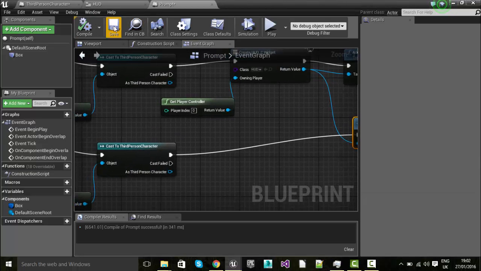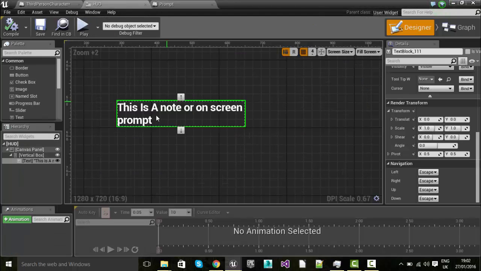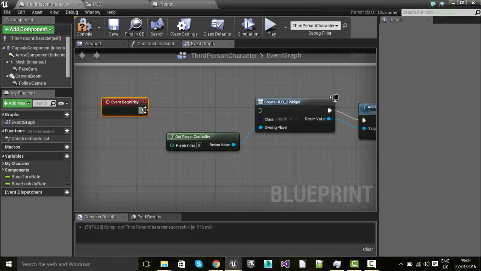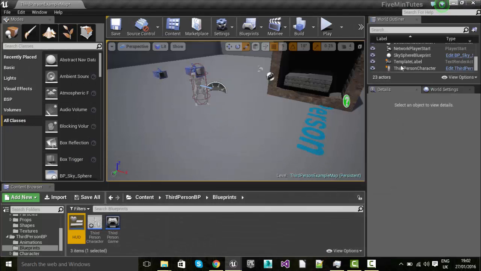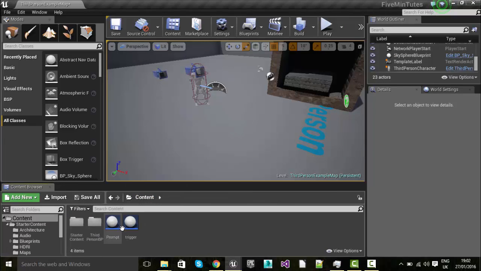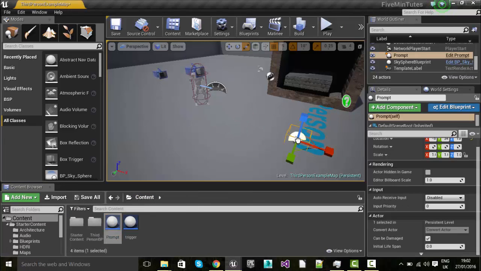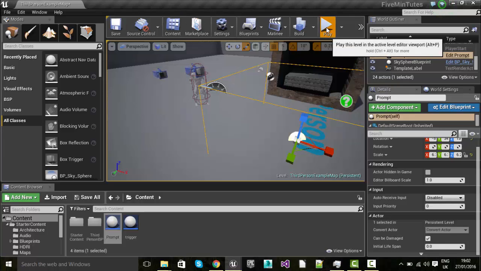So let's compile and save, and we've made sure that we've compiled and saved our HUD as well. We've made sure that we've disconnected the event begin play from the third person character, and now let's just go and drop in the content. Let's drop our prompt into here. I'm going to resize it because this is the thing that's going to affect our character. So as we walk in, so if we start,